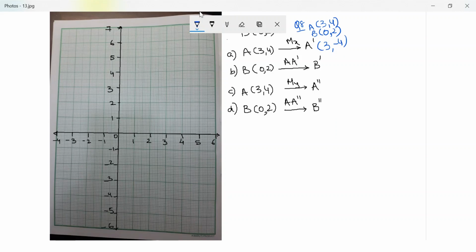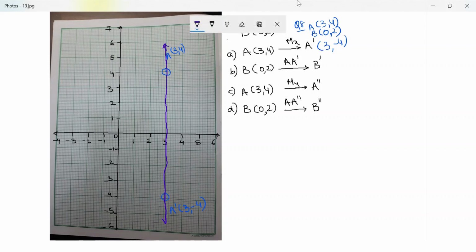So let's plot them first. So my point A is 3 comma 4. Right? So this is point A, 3 comma 4. The reflection of A dash on the x-axis is 3 comma negative 4. This is my line. This is my point A dash, which is 3 comma negative 4. Perfect. Now we are reflecting point B on the line A dash. Let me make this line. So this is basically my mirror now, and I am reflecting B on this.